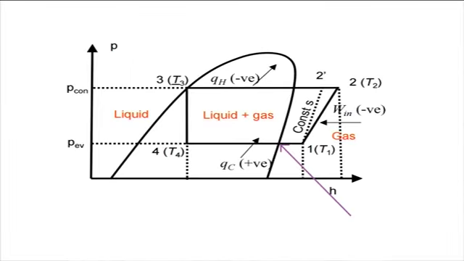On the pH diagram, pressure is indicated on the y-axis and enthalpy is indicated on the x-axis. Typically, enthalpy is in units of BTU per lb and pressure is in units of pounds per square inch or